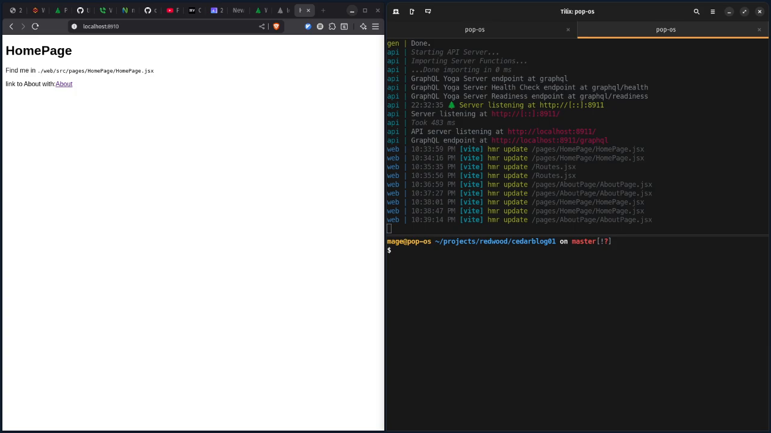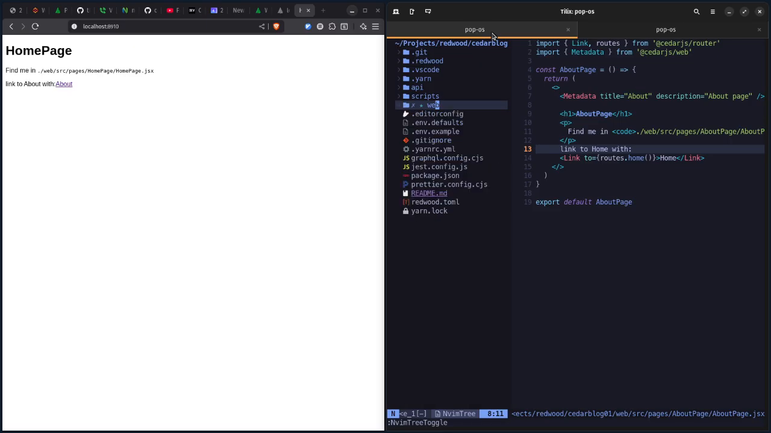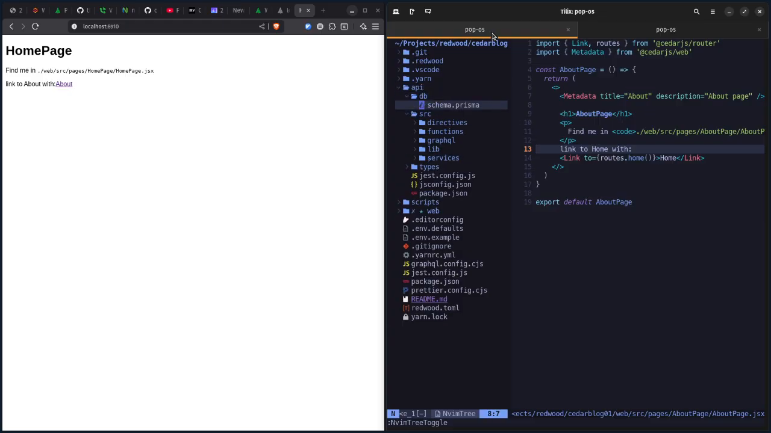Let's see, where are we at here? Gotta change that. Okay, let me talk about this thing here. Let's close our web directory. Let's go into our API directory, and let's take a look deep in the schema.prisma file. Okay, so